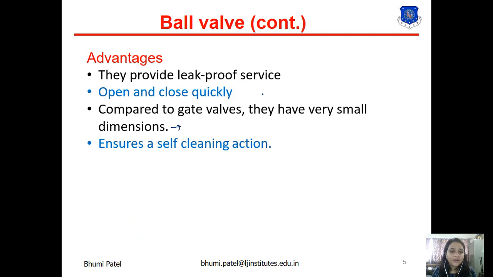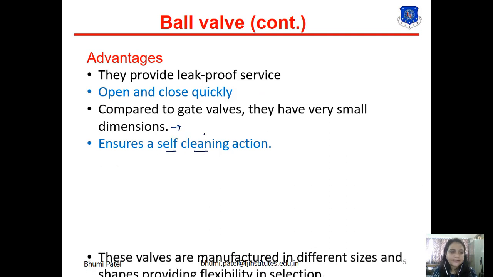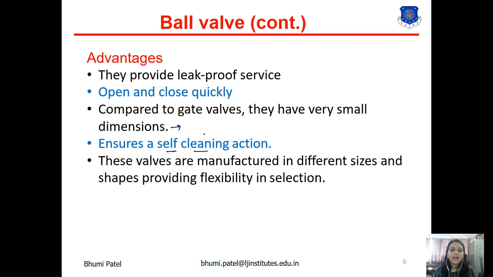The next advantage is that they ensure a self cleaning action. Now these valves are manufactured in different sizes and shapes, providing flexibility in selection. Whenever we select a ball valve, it depends upon which type of system we connect it to. Different sizes and shapes are used for the ball valve.